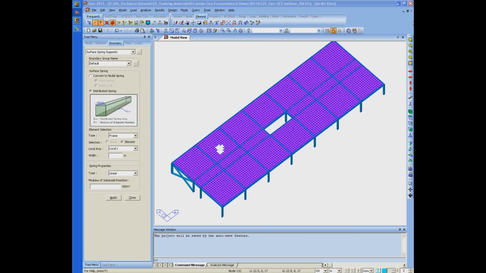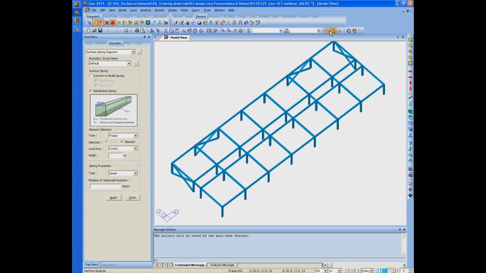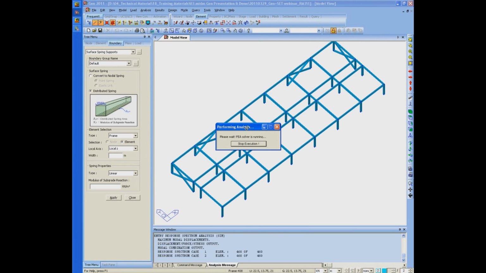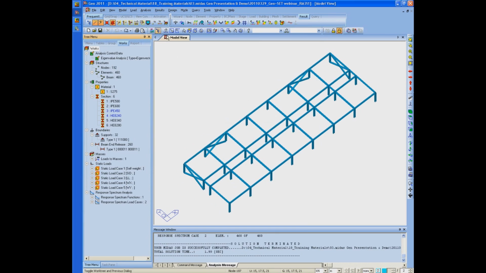Output design report for midas Gen. As I mentioned during the presentation, midas Gen provides the design report in a graphical format and a detailed text format. So for example, if we designed this column,